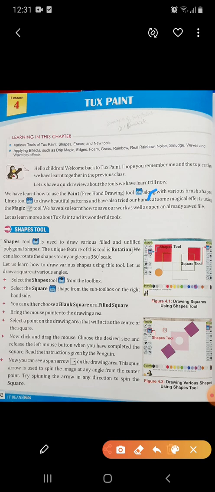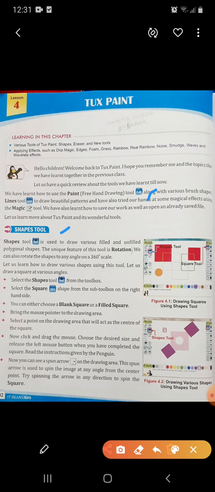Now let's start about different tools. First is shape tool. What is the use of shape tools? If we want to draw any shape, whether filled with color or unfilled, we can draw by using the shape tools.